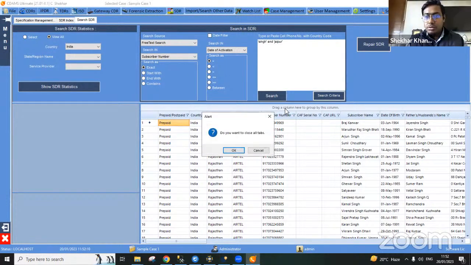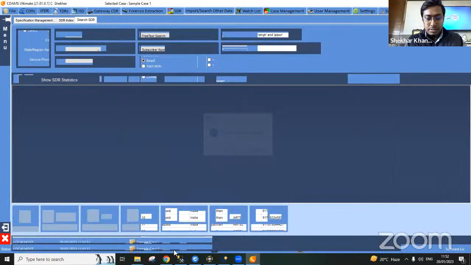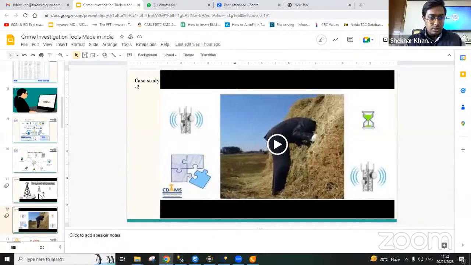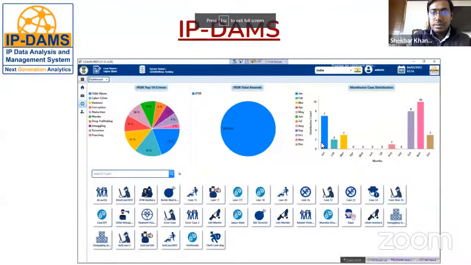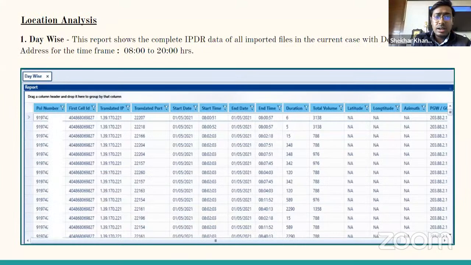So I am moving forward to the next slide as we have some time shortage here. The next slide is called IP DAMS. IP DAMS is the Internet Protocol Data Analysis and Management System, basically for the analysis of IPDR data. What is IPDR data? IPDR data is like you are using your mobile phone and browsing various things, like WhatsApp, Tumblr, Twitter, Telegram, Signal, and Facebook,